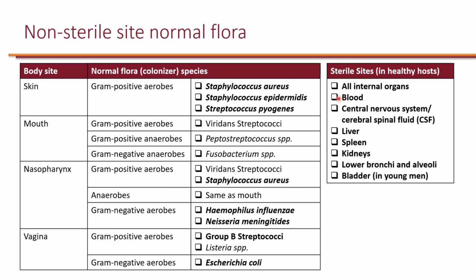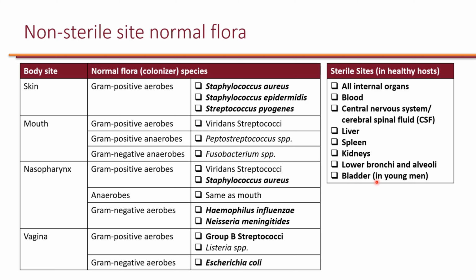So if you do find an organism in this sterile site, they're considered an infection for the most part. Especially blood: if you find anything in the blood, it's considered infectious. The same with the central nervous system, cerebrospinal fluid, the liver, spleen, kidneys, lower bronchi and alveoli, and the bladder for the most part. So the bladder is a bit tricky because